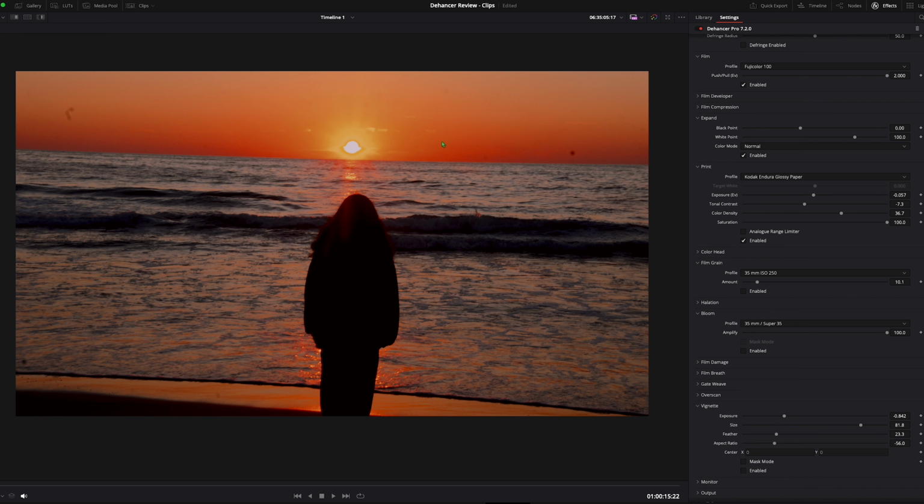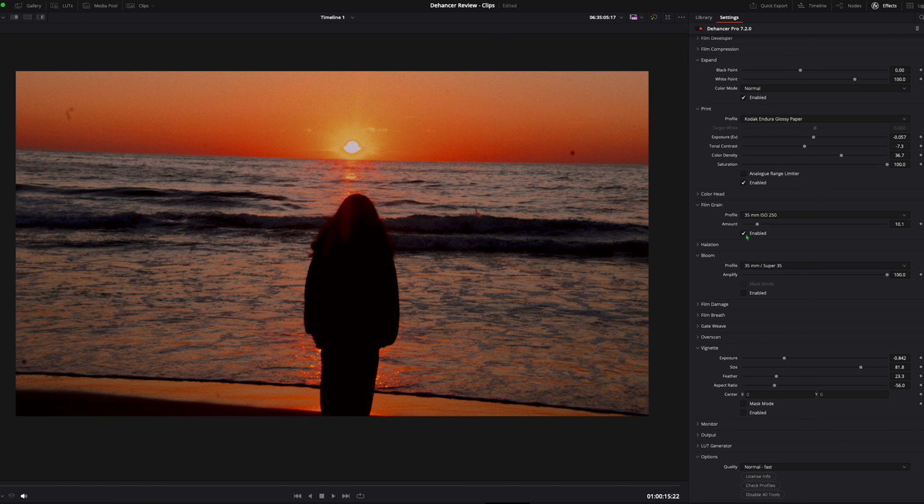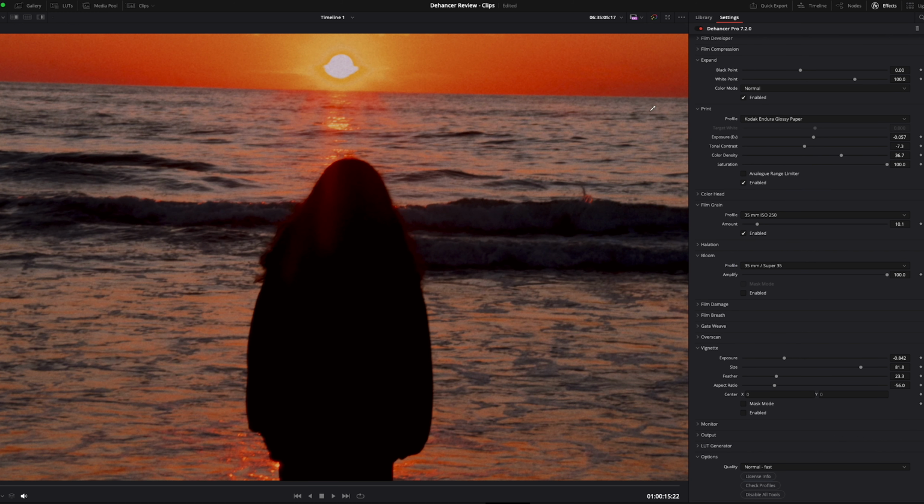So as you can see, it kind of makes everything a little bit more darker, a little bit more contrasty. I adjusted the exposure and lowered the tonal contrast and improved the color density to get me this shot. I did add a little bit of film grain. You can see the before and after. As you can see here, it does add a little bit of a soft film grain, which I do like